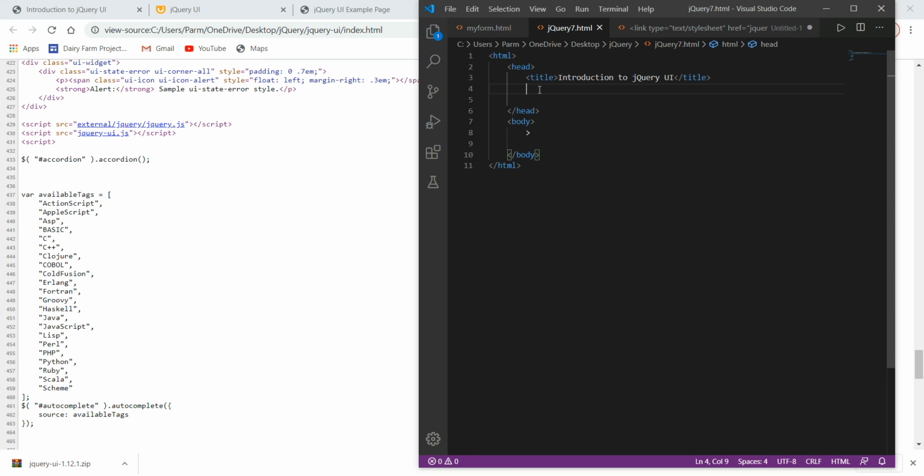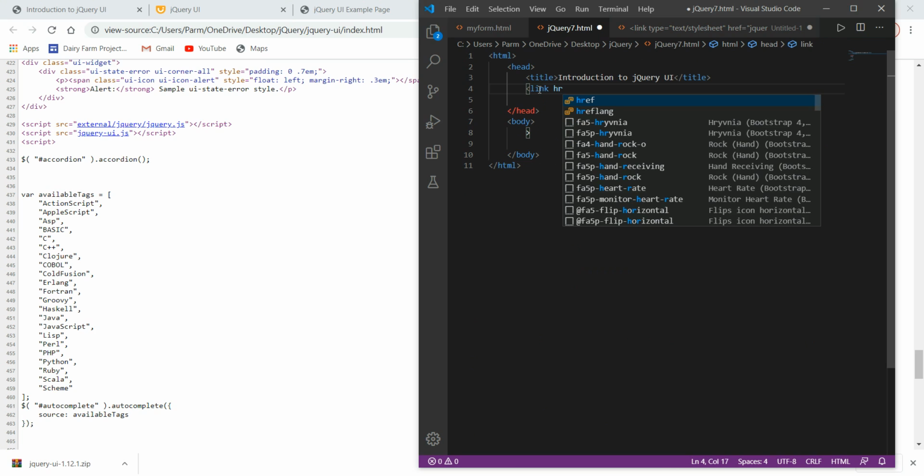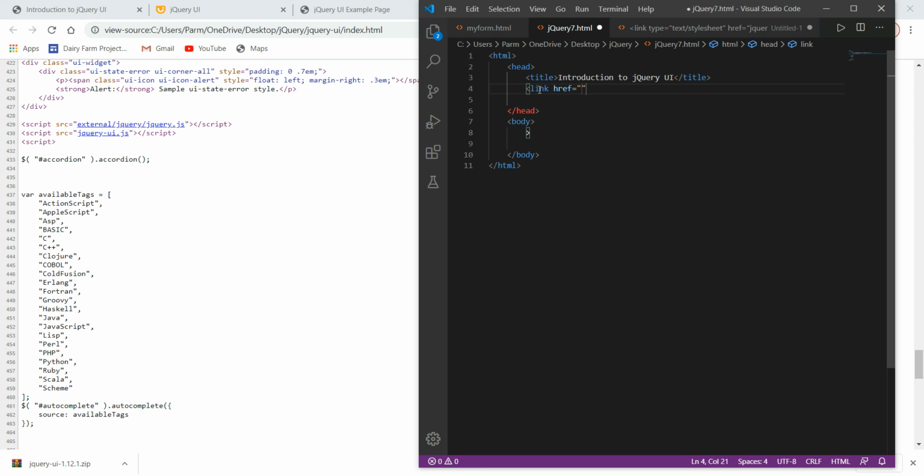For this we have to create a link, then give the reference of the file. My files are saved in jquery-ui slash, and the name of the file is jquery-ui.css.